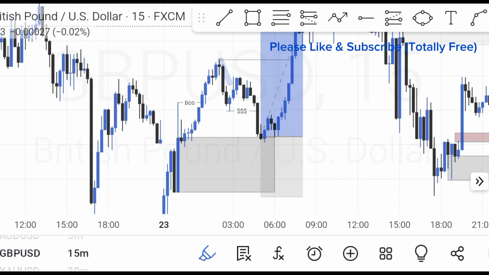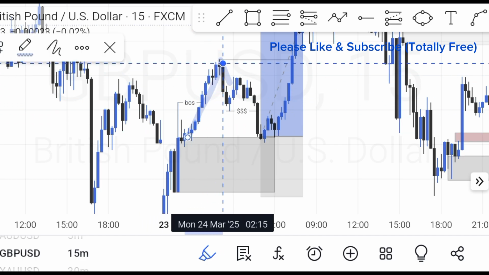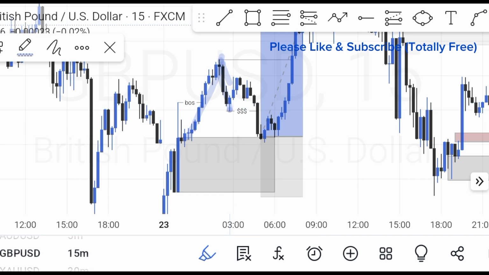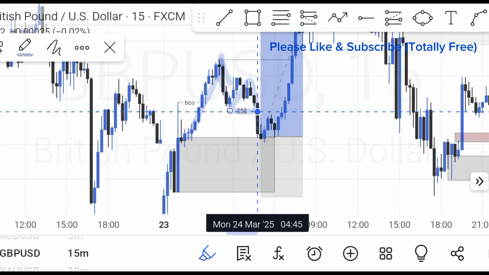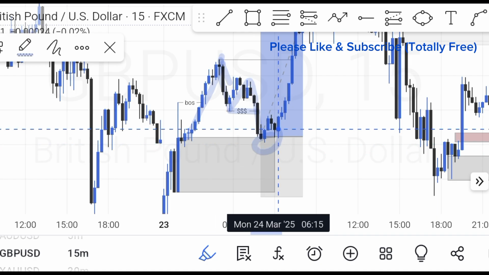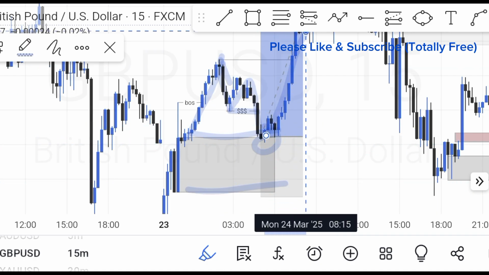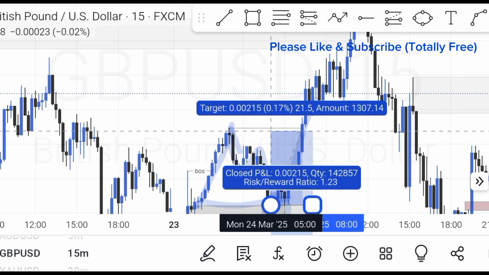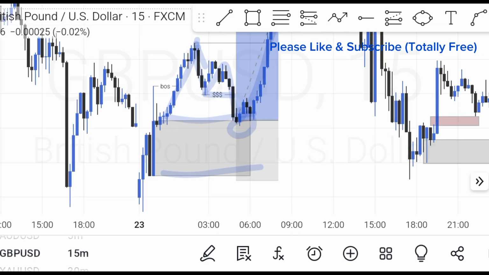So price was just heading straight, not creating any structure like this. But you can see after price pulled back here, price could have taken out this low, this POI, and hit the stop loss, but price now created the second leg, creating the inducement at this point, which is type 2, hitting this POI, and then you can target to the upside. In this particular trade, I didn't target this side. I located my rebound zone. If you don't know what a rebound zone is,